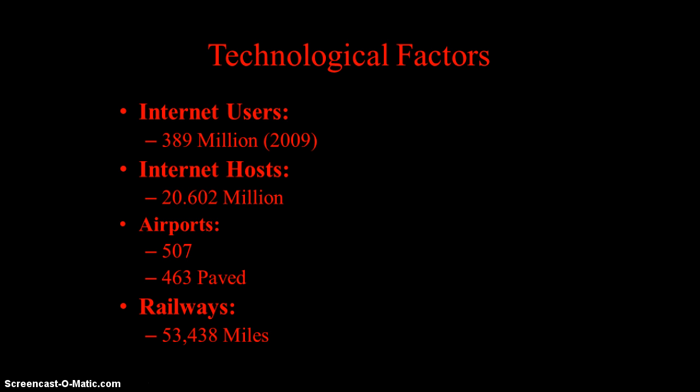To give you an idea of how many people that really is, that is more than the whole United States population together. And China has 20 million internet hosts. Basically, to get to the internet you go through an internet host, which gives you access to the World Wide Web. You go through a host port, and that gives you the access. So of the 389 million people, they're only using 20 million hosts.